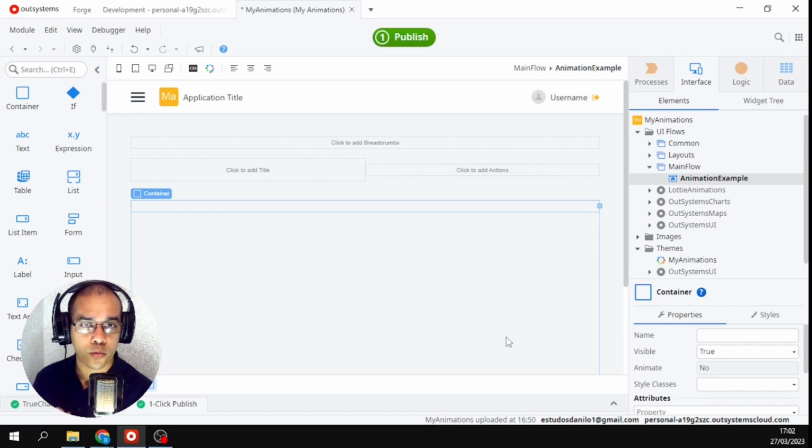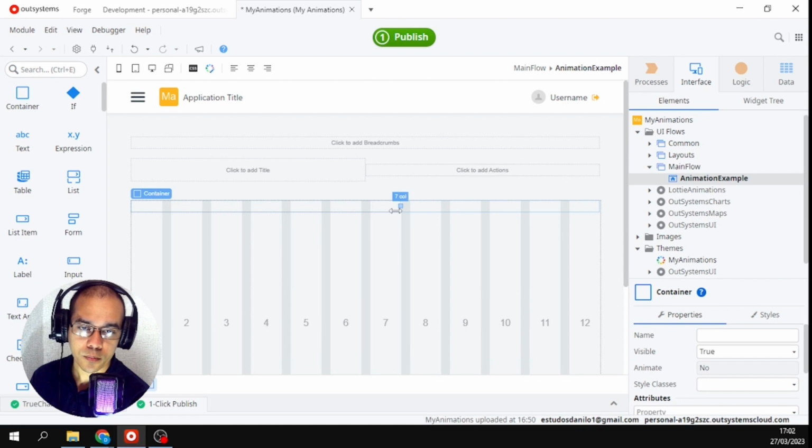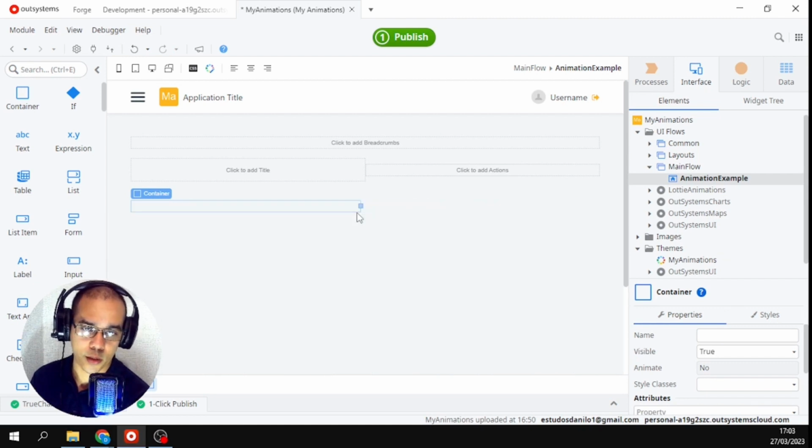And also the size of the container will set the size of your animation on screen. For example, I don't want the animation to take up the whole screen, so I will leave it here with 6 columns. 6 columns is good. I won't mess with the alignment. I'll leave it the way it comes. Now I'm going to come here to my Lottie animations and